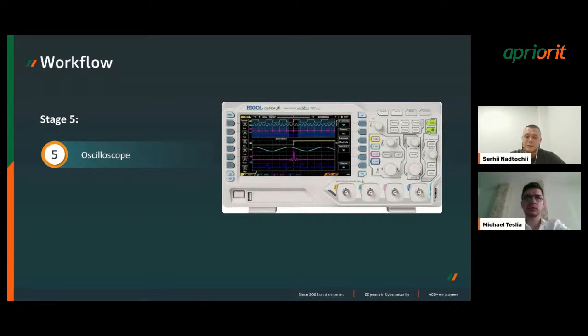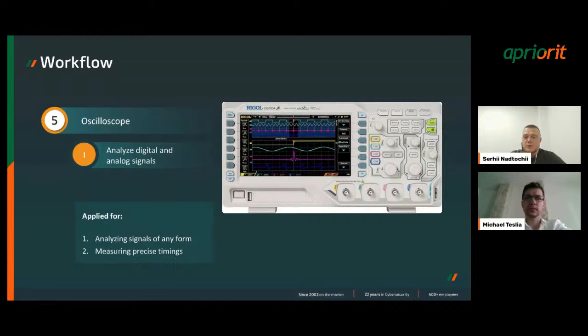And the next one, I would say even more advanced, is the oscilloscope. This device will help us to find and analyze any type of signal, because it can analyze digital signals or analog signals, any form, maybe some spikes, and do some advanced calculations based on the internal features of this device.